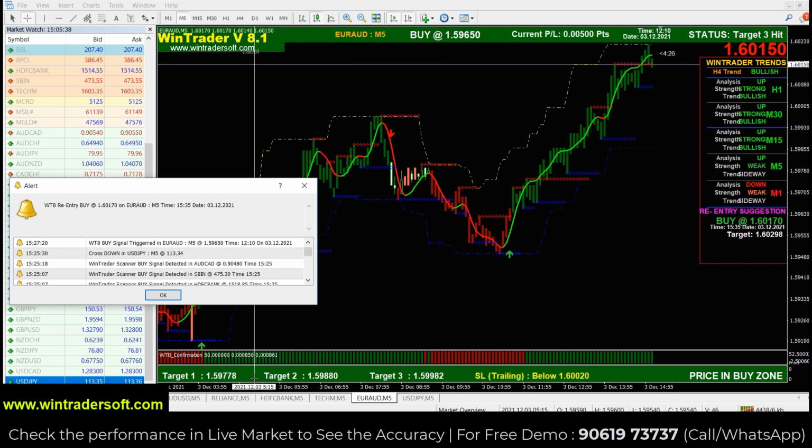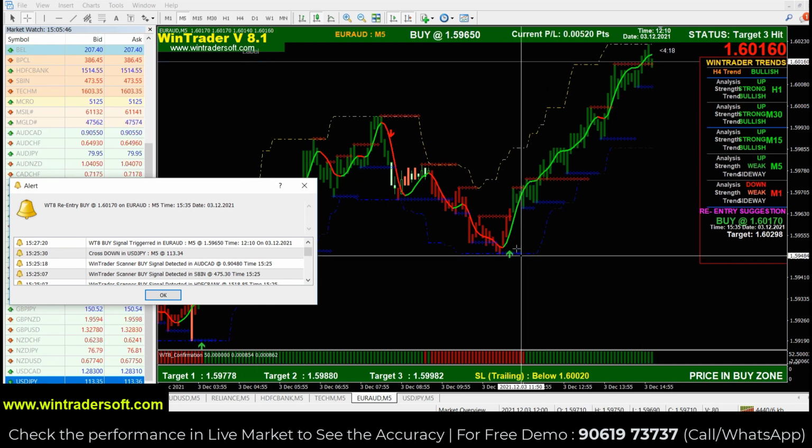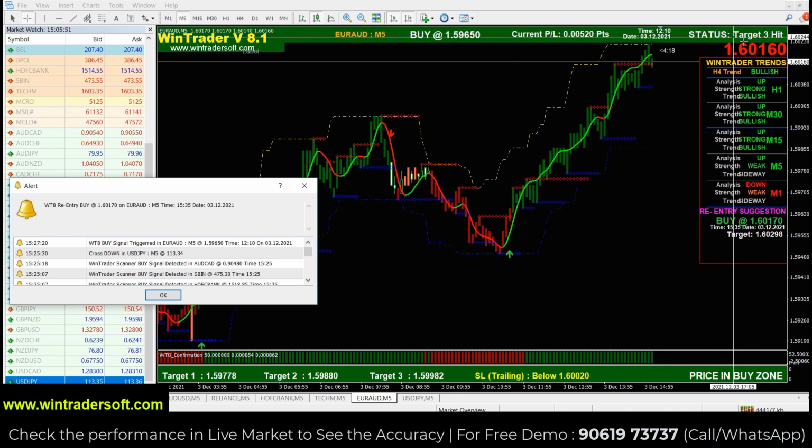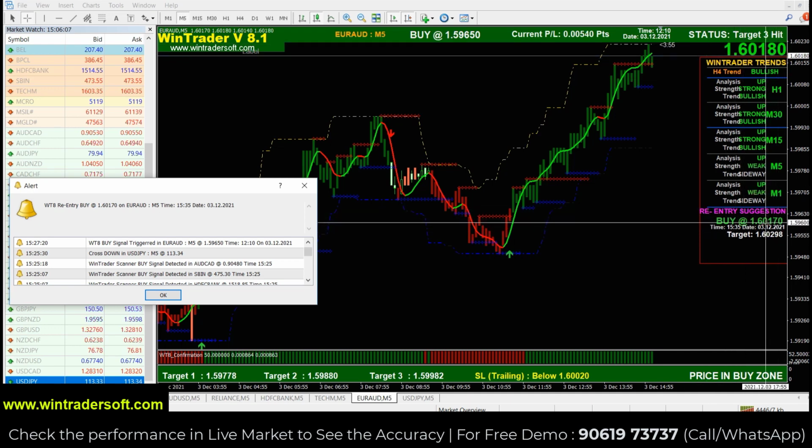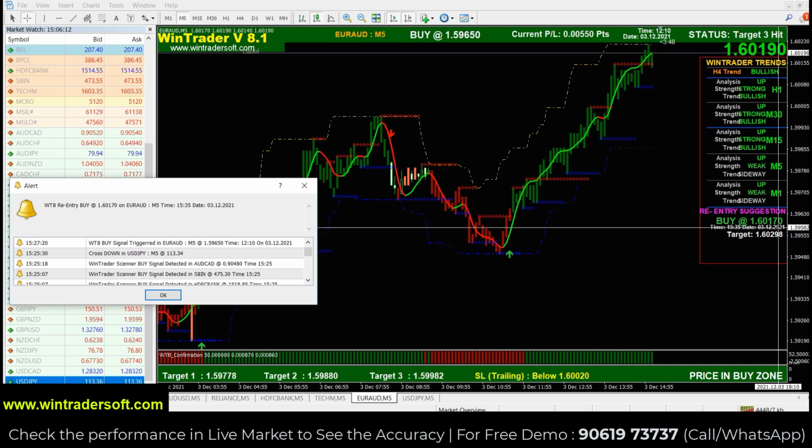After we exit from the market, if the market is trending in our direction, then the signal will continue after hitting our target. Like in this signal, we already got a buy signal and it already hit the target. All 3 targets have been achieved and the market is continuing with the same trend. At that time the software gives a re-entry option. Re-entry means the software gives a separate entry point and a separate target. If you want, you can re-enter at that level and exit with that target. Currently you can see we got a re-entry at 1.6017. If you do not prefer re-entry, then you can wait for the next fresh sell signal.